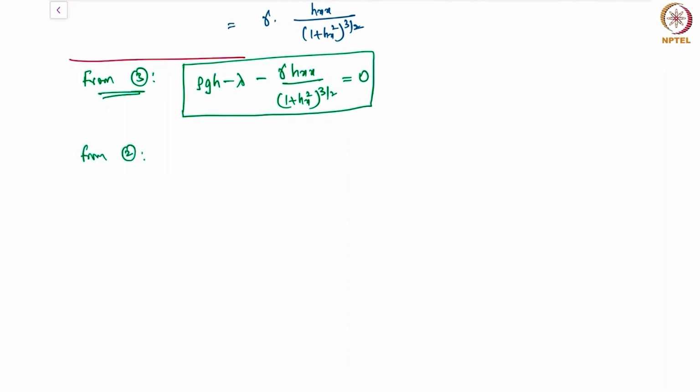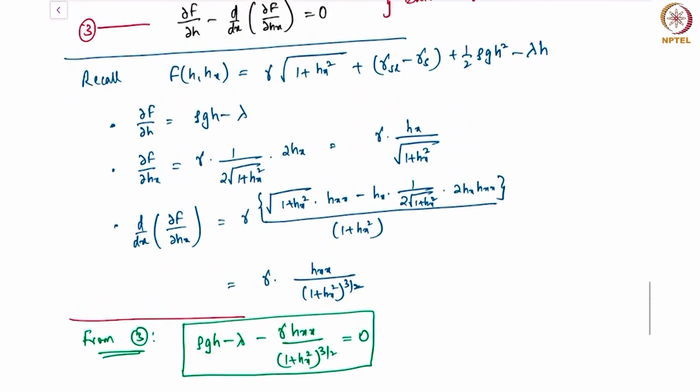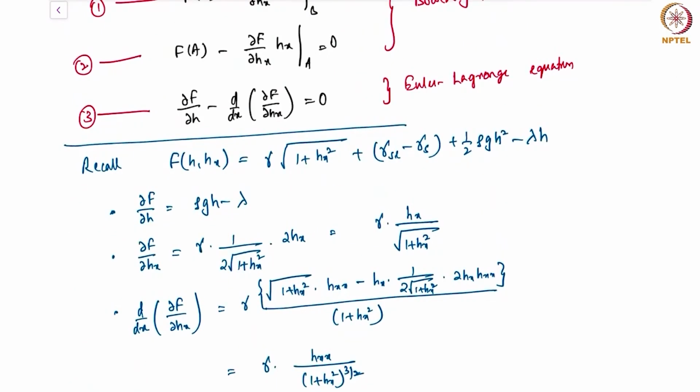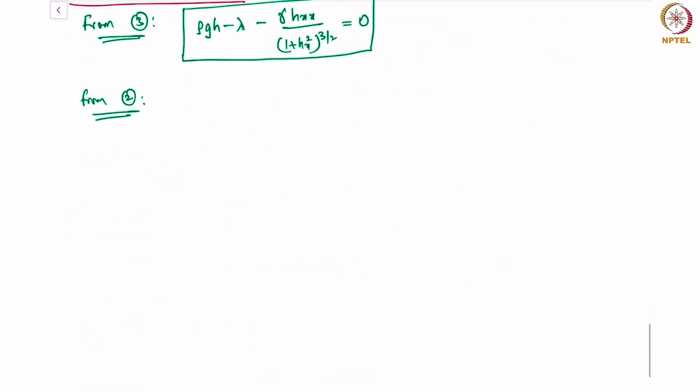the contact line. That's, let's say, from 2. This 2 relates the value of the function at a to its derivatives at a. So what we have now is f at a minus del f by del hx times hx. This is what we have, right? So if you substitute this, what do I have here? Gamma square root of 1 plus hx square